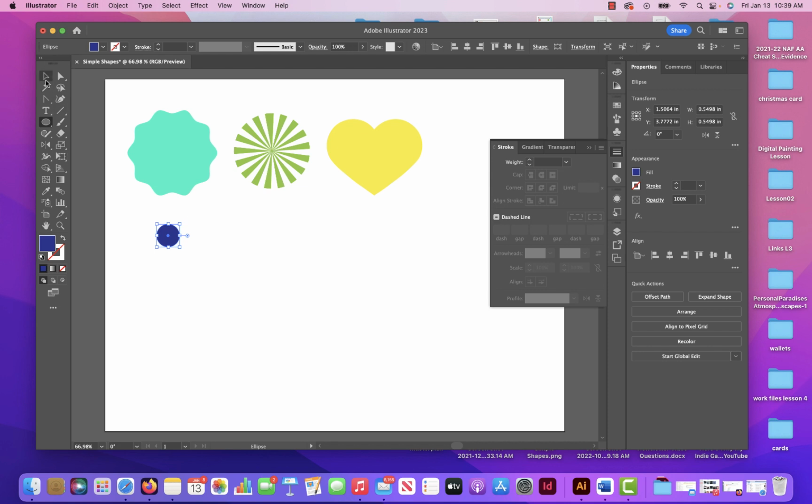Then I'm going to click V on my keyboard, or you can go to the top here and click on your selection tool. And for this, I want you to hold down your Option key or your Alt key. If you're Option on a Mac and Alt on a